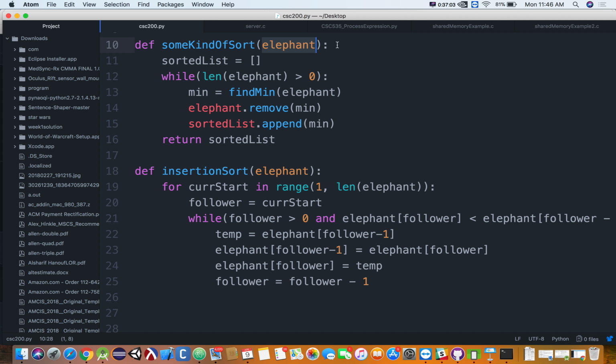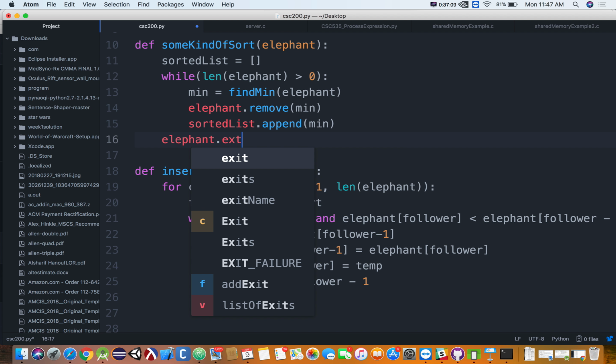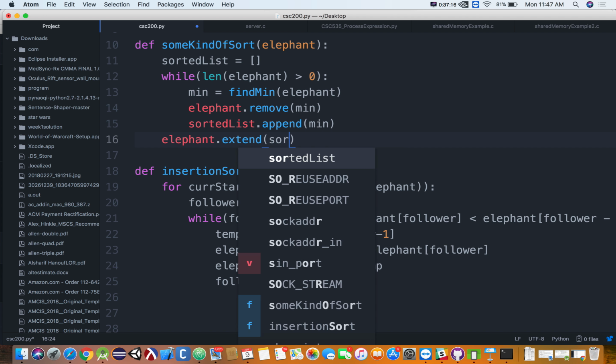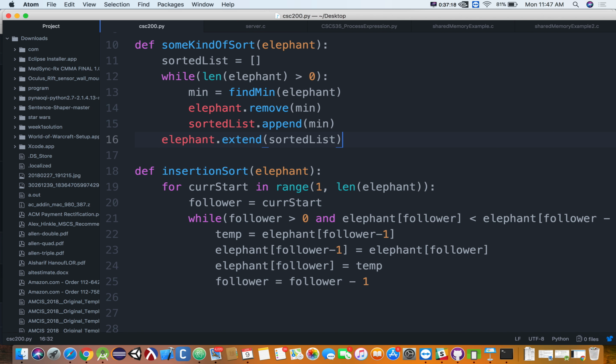Yeah, extend. So instead of returning it here, we would say elephant dot extend, and we would extend elephant with sorted list. So we would concatenate onto the end of elephant, which is an empty list, our now sorted list,